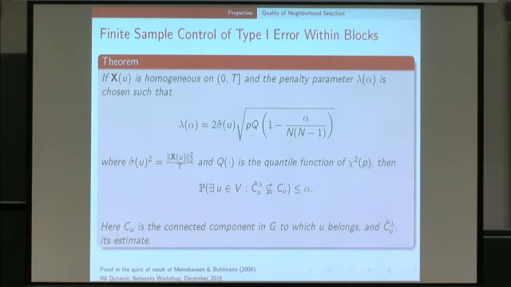What do you mean that X of U is homogeneous? I mean, homogeneous in which sense? This just means what I'm dealing with is no change point now. Ah, okay. Yeah, exactly. Right.